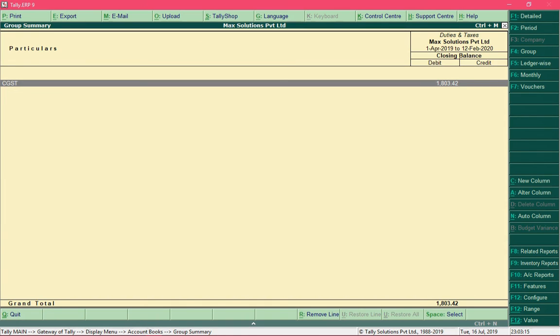Over here you can see that we have a debit balance of CGST of rupees 1803 and 42 paise. This indicates that we are still left with this much input CGST, and the balance with zero amount would not be displayed over here. That's why we cannot see the ledgers IGST and SGST over here.